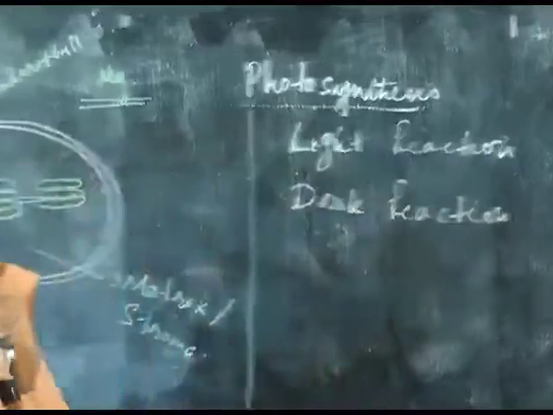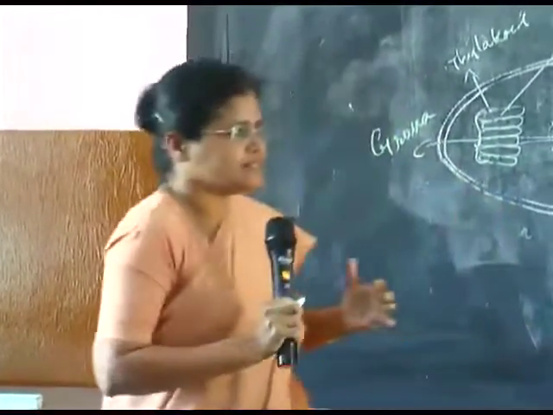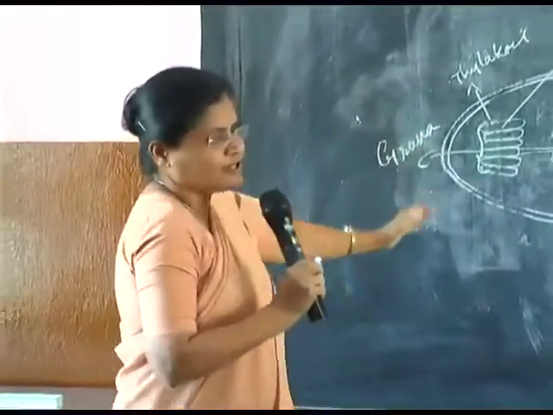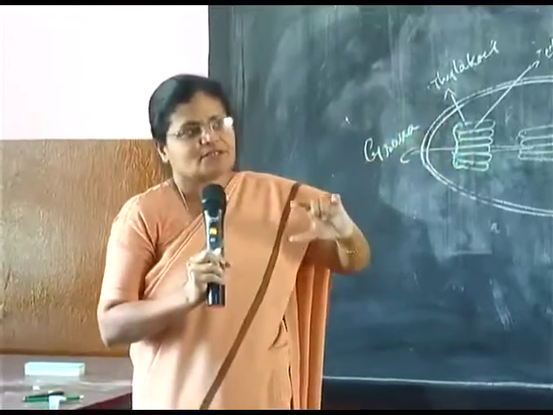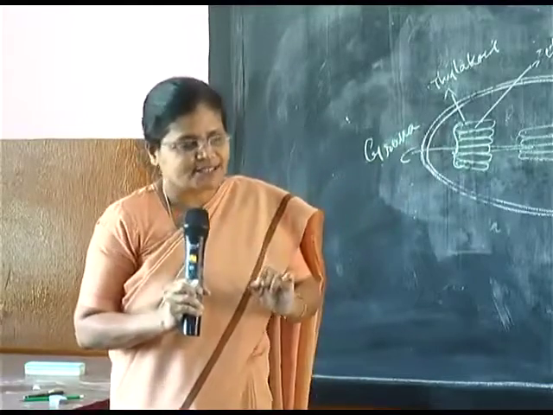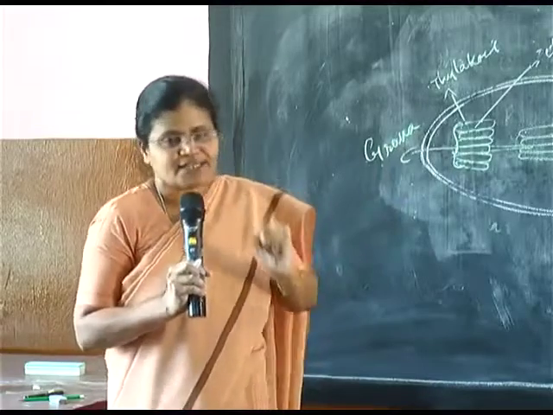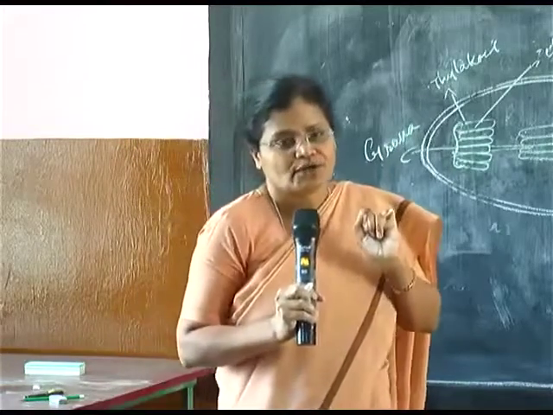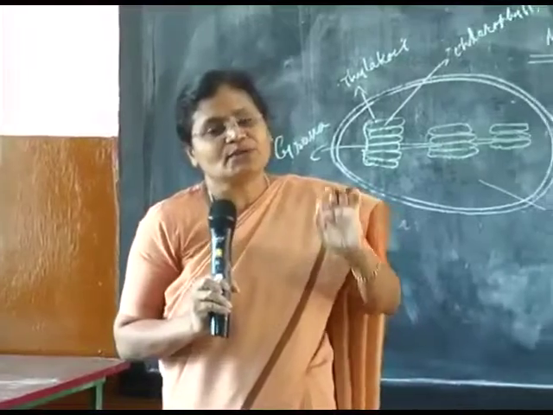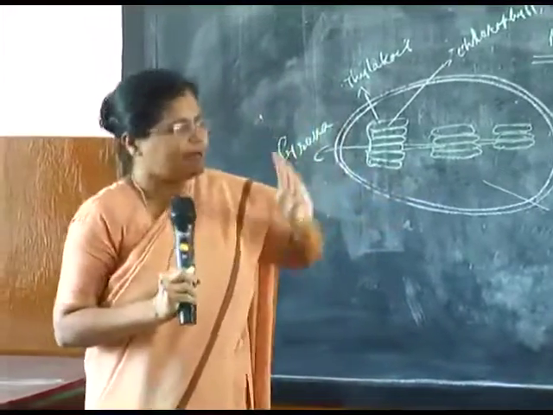Children, so far what we have learned is what is photosynthesis, the importance of photosynthesis, then we came to the structure of chloroplast, we learned a little bit about the chlorophyll, and the function of chlorophyll is to absorb light energy, and the unit of light energy is called photon. They'll ask in the section A questions, what is photon? Photon is nothing but the unit of light energy. So far we have finished 3 main points.